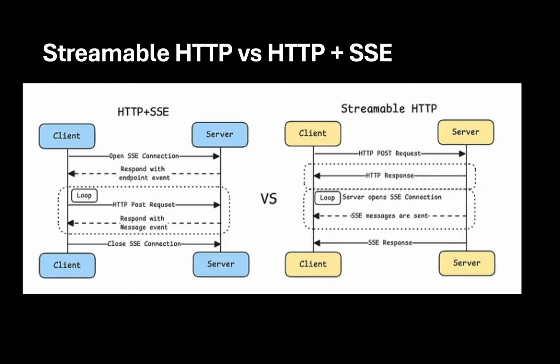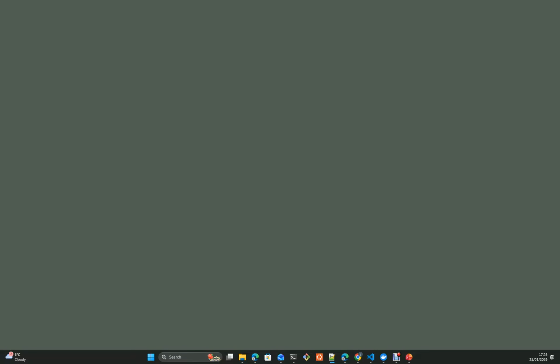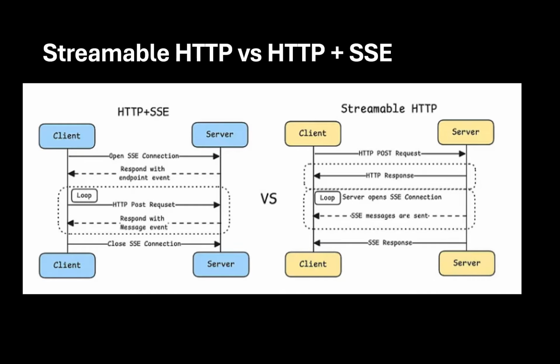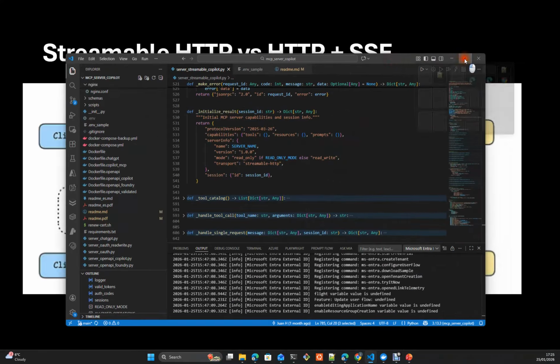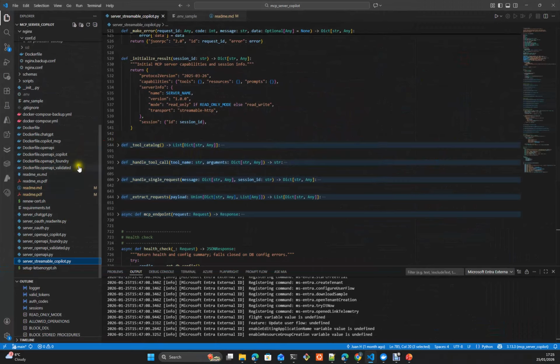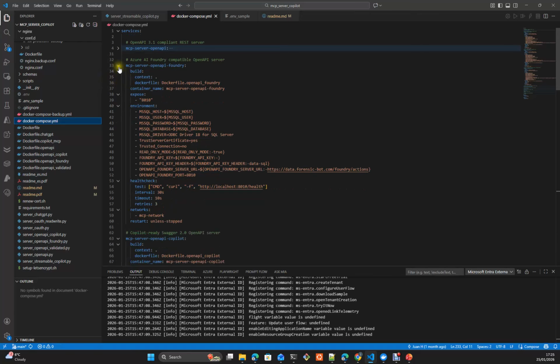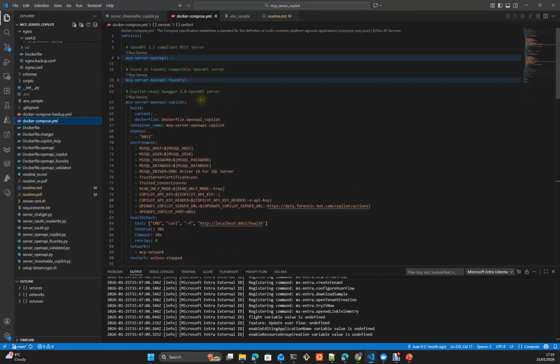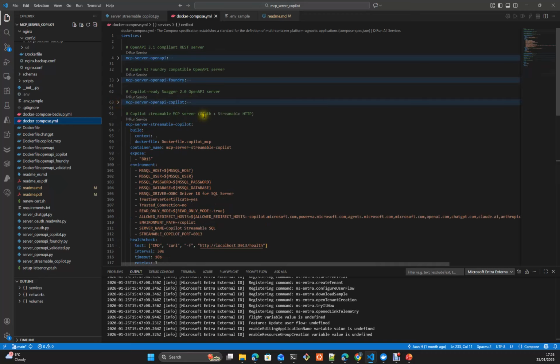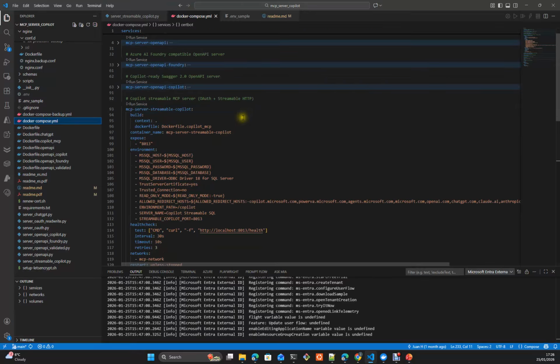Okay, so now let's go to the details in the code. First of all, let's go to the Docker Compose. It has different options here, as you can see. MCP server, I don't remember which role. No, this is Copilot. That one. So we have a new entry in our